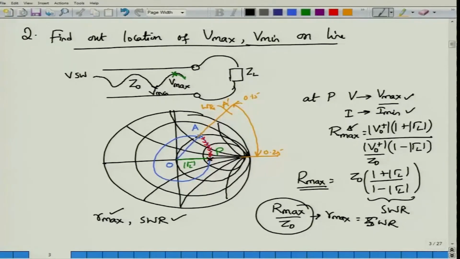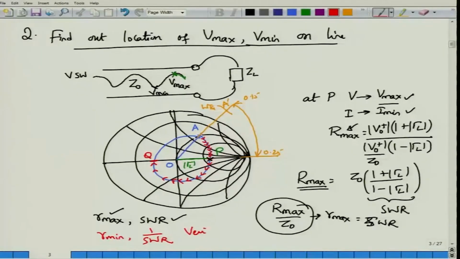Now, there is another thing that you can find out from this. Let us continue moving along the same circle. As we continue to move along the same circle, after a distance of lambda by 4, I land up at the point Q. At point Q, the voltage maxima which was there must be converted to voltage minima. So, I convert this one into voltage minima, and when the voltage is going through the minima, the current will be going through the maxima. So, what we find at point Q are the normalized value of the minimum resistance that you are able to find on the transmission line